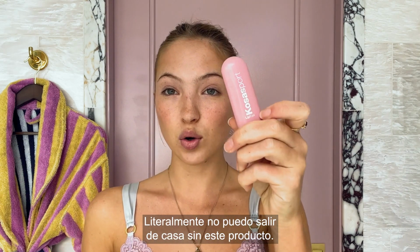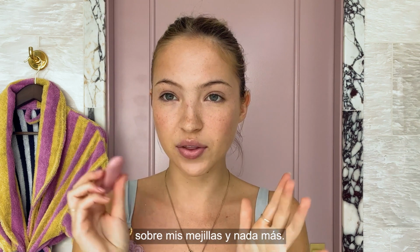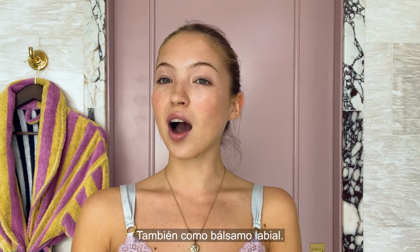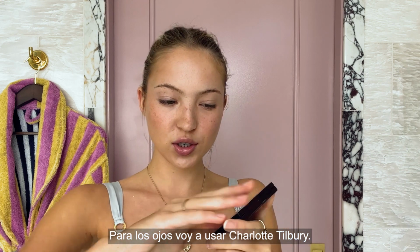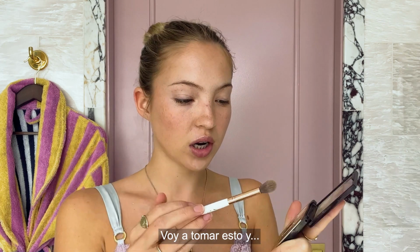I literally cannot leave the house without this product. I use it in the day on my cheeks with nothing else, and as lip balm as well. For the eyes, I use Charlotte Tilbury. I'm gonna take this and just,